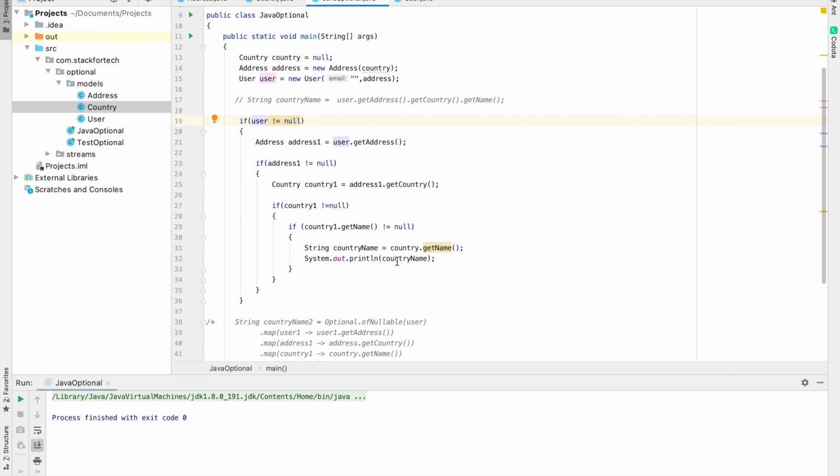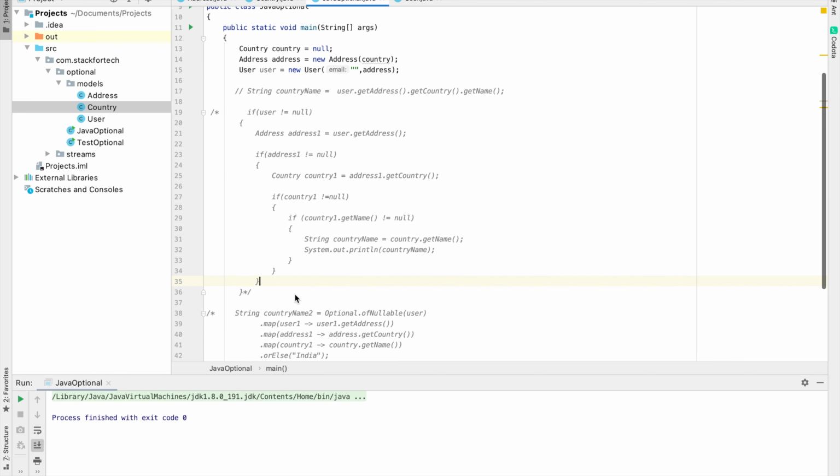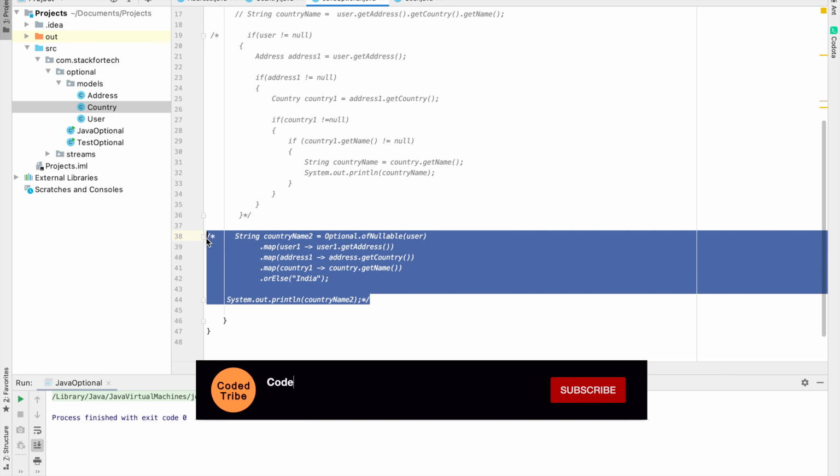But in real life scenarios there can be n number of methods, and there can be multiple scenarios wherein the object can be null, so you cannot go and apply a null check each and everywhere. So what you can do in those scenarios is basically make use of optional object as a return type of those methods, so that the caller of those methods will eventually get to know that the return type is optional, so it can be a null, right? So in that case it's his job to handle that null reference scenario. He can actually get that optional.empty object, and he can put some default values, and he can carry forward the operation. The next approach can be, obviously, by using an optional object.